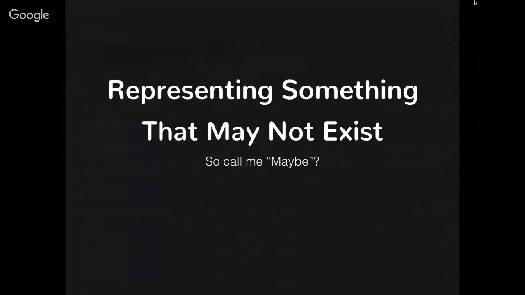So we have this idea in JavaScript, in C++, and pretty much most languages where there's this idea of null. And null is just something that doesn't exist. And the person who created null as a value calls it his $1 billion mistake because he estimates that he's cost at least $1 billion in damage by doing so. So you can go ahead and boo me for the call me maybe joke.